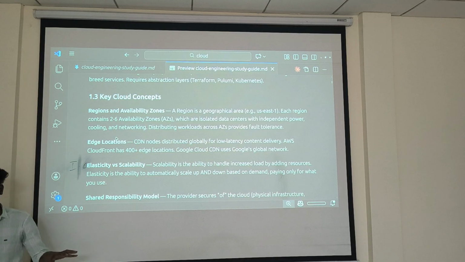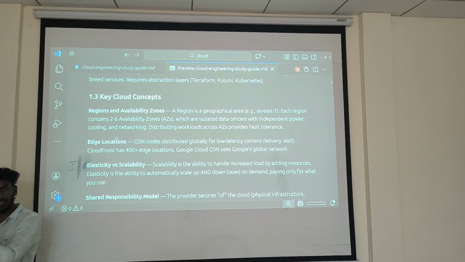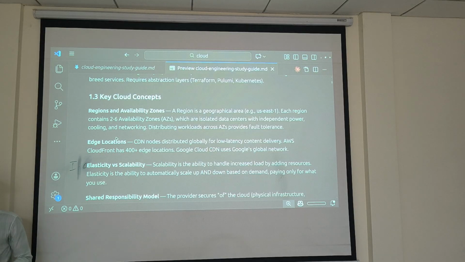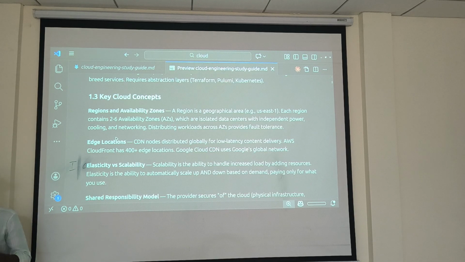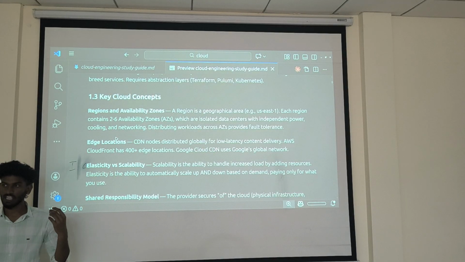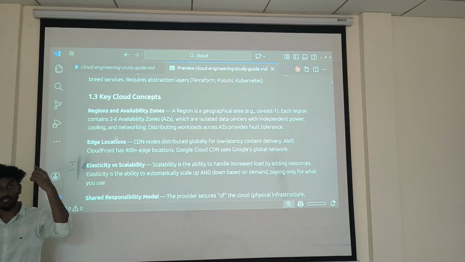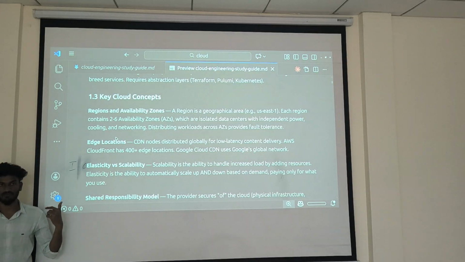So mainly deploy in India. If your main focus is the US, deploy the server in the US region. So we have to check the region and the availability zones. If you deploy your application in the US but your entire user base is in India, there is no purpose. Even in a high availability zone there will be delay, because each India request has to go to the US server, and only from there will it return the response.